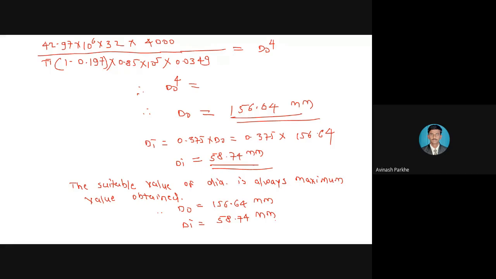In the previous 2-3 problems, that condition was not there because only shear stress is given in the statement, and by using that particular shear stress only, we calculated the diameter. So that value was the final. But here, you got the diameter 2 times, by using the shear stress and by using the angle of twist. And from that, we have to select the maximum one.